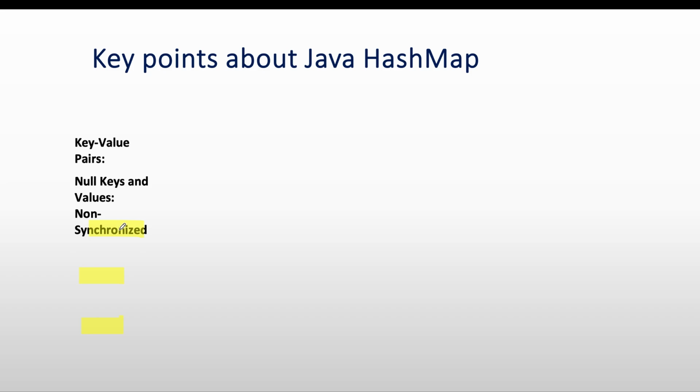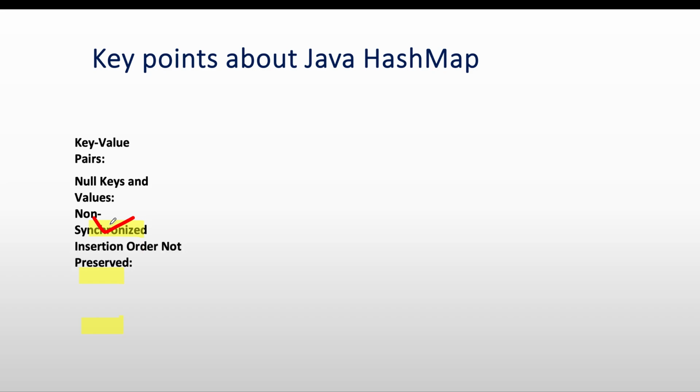Okay. The next key point about the HashMap is that it is non-synchronized. Similar to any collection, HashMap is also non-synchronized. It means it is not thread safe. Multiple threads can perform operations on the HashMap. So if you want to use HashMap in a multi-threaded environment, you cannot use it as is, since HashMap is non-synchronized. You need to convert this HashMap into a thread-safe one. There is a Collections utility class, and using that, with the help of the synchronized map method or ConcurrentHashMap, we will be able to make this HashMap thread safe. Okay, so this is the important point about the HashMap.